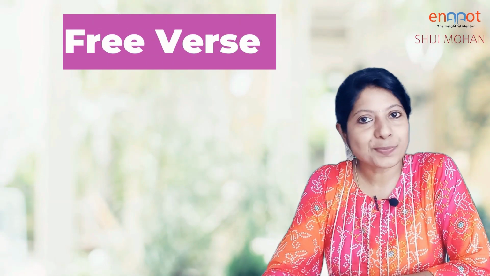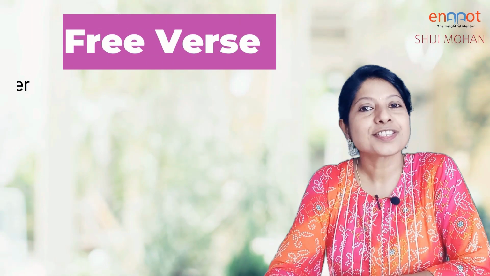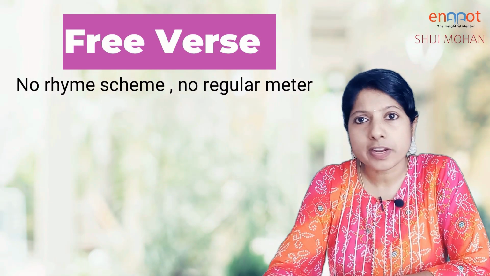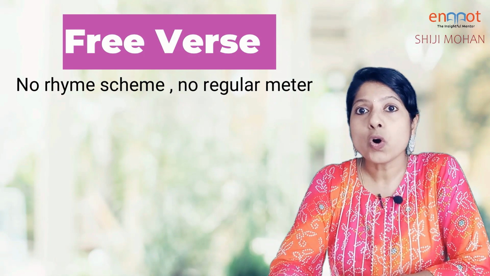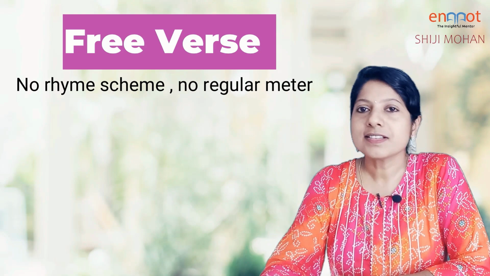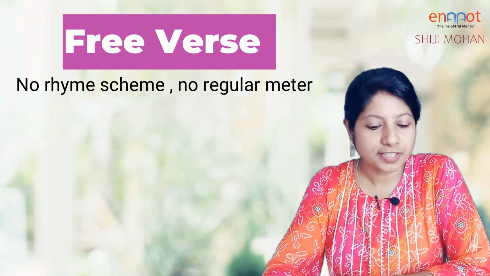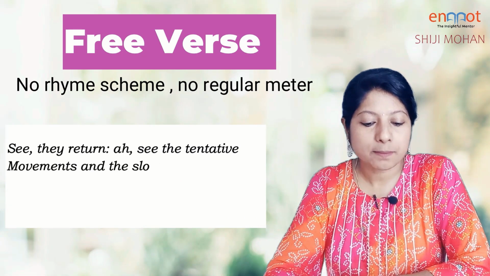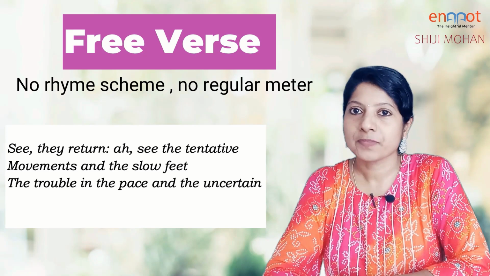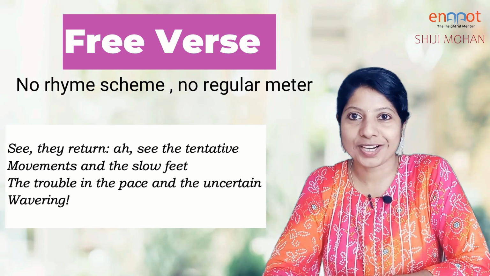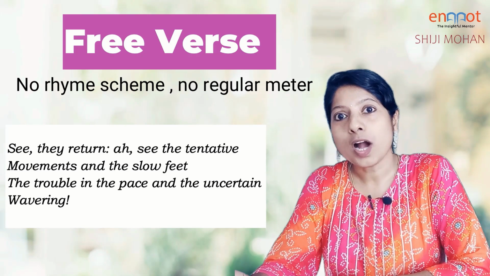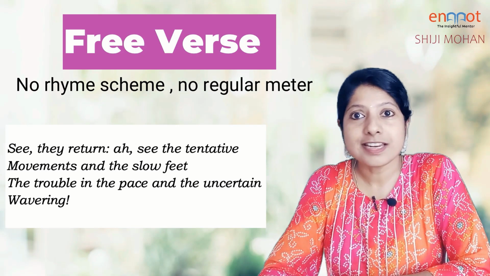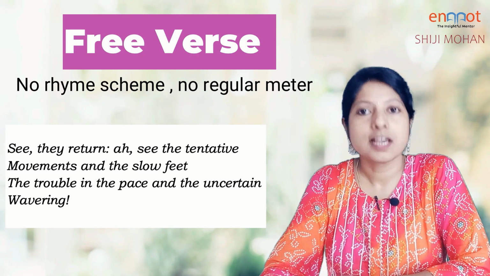As you all know, verse means poetry, and in free verse there is no strict metrical pattern or formal rhyme scheme, which means irregular meter is followed and no rhythmical pattern is there. Here is an example from Ezra Pound's poem, The Return. See, they return, see the tentative movements and the slow feet, the trouble in the pace and the uncertain wavering. The fourth line has only a single word and it can go up to much longer. That means the lines in free verse can have any number of words or syllables or feet,